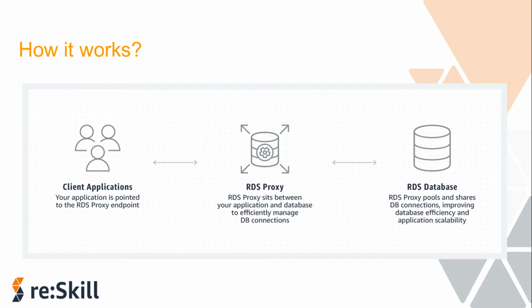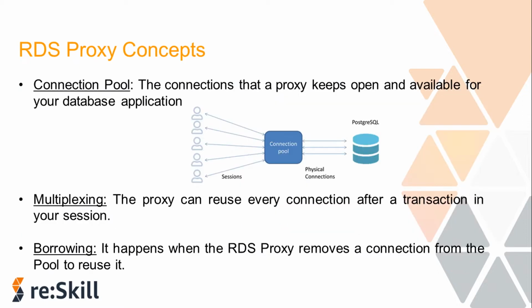But to understand the working exactly, we have to understand a few concepts that are associated with RDS proxy, and let's discuss a few of them one by one. So RDS proxy can front your Amazon RDS MySQL or PostgreSQL and Aurora MySQL or PostgreSQL databases. It allows you to manage an application's access to the database and also provides connection pooling, multiplexing, and also graceful failover. So let's discuss these concepts one by one. First comes a connection pool.